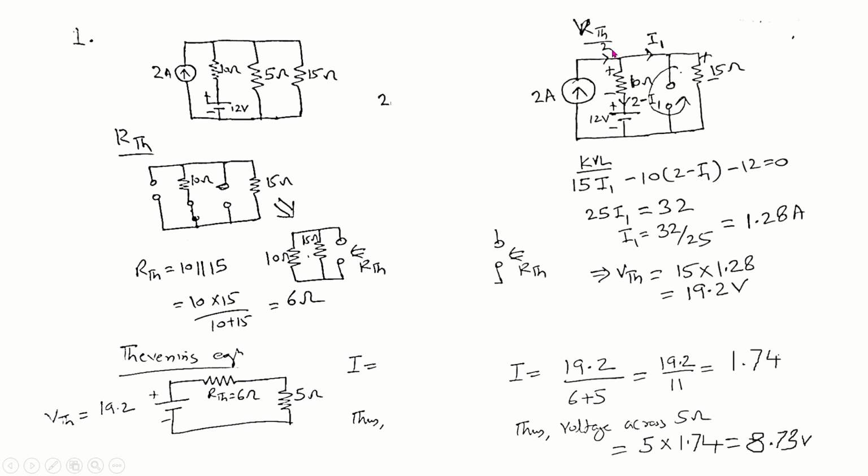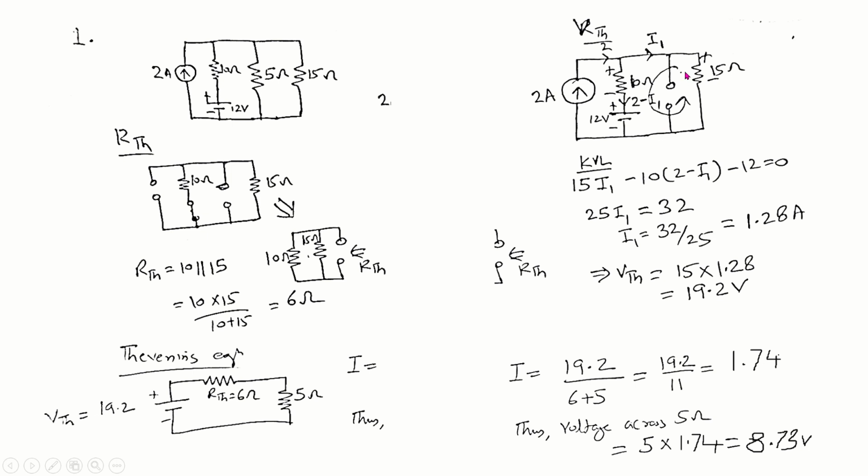Thevenin's equivalent voltage. For that, we reconnect all the sources that were open circuited or short circuited back to the circuit, and then we perform the analysis using whatever techniques we know. For example, I have done this using KCL and KVL. The 2 ampere current flows in this branch, and we assume I1 to be flowing in this branch,